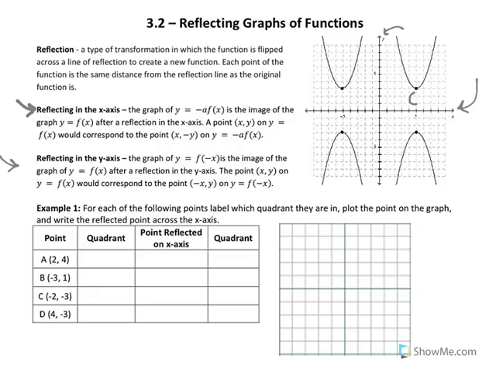So if this is the point x and y, this is f of x. If this is the reflected point, it is negative x and y. And this one is we've changed our x value so that negative goes inside the brackets. So that is a reflection in the y-axis. The x changes, but it's a reflection in the y-axis. This point over here is a reflection in the